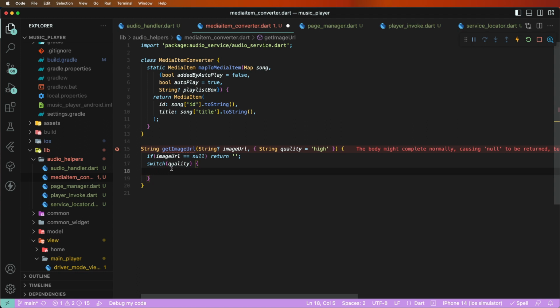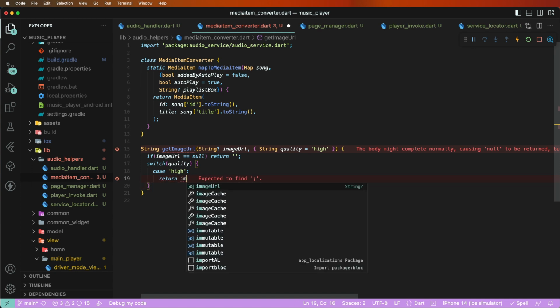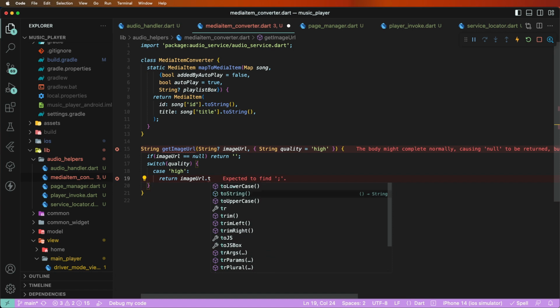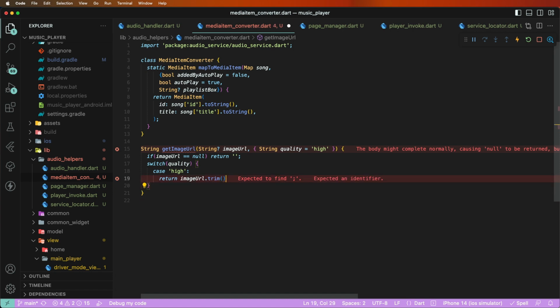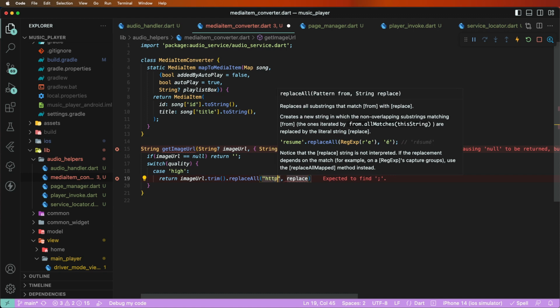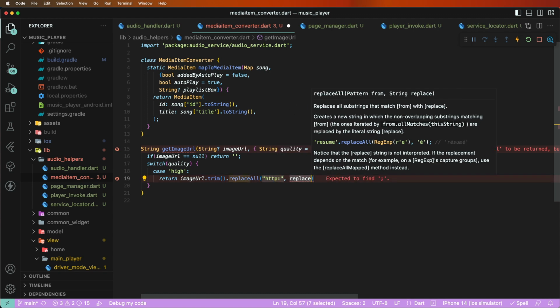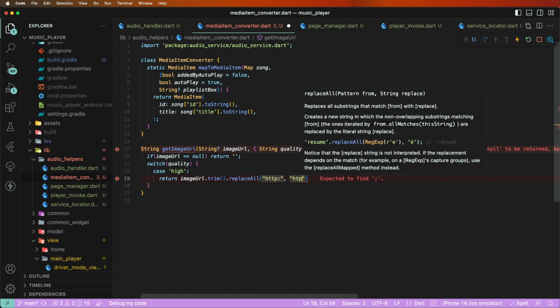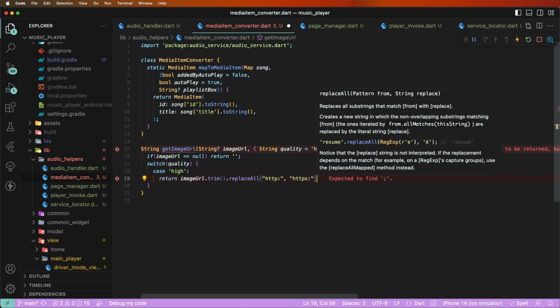First of all need to set here the case is equal to get here the height then we to return here image URL trim replace all http colon http to